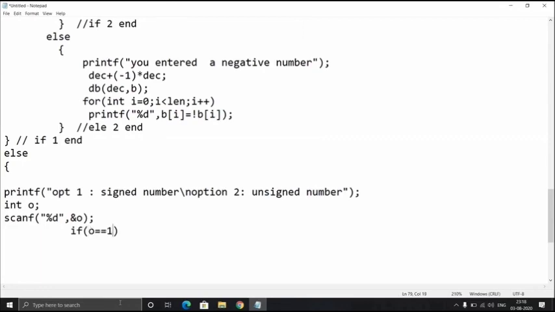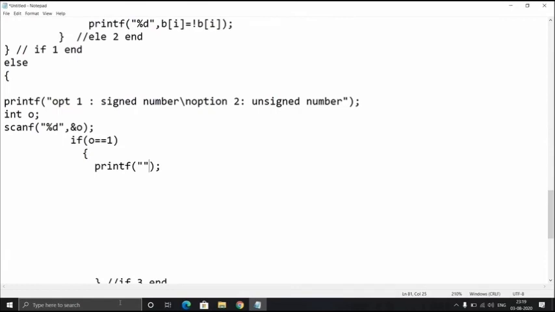I'm going to write another if statement, which is if 3. If O equals 1, I mean if the user enters 1, he will go to signed binary number conversion to its equivalent decimal number. I'm going to display this statement: please enter the binary number to be converted.